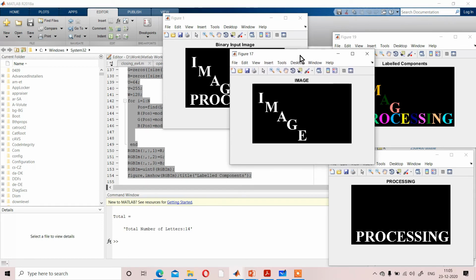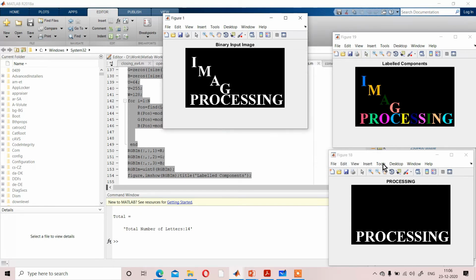You have to run the labels related to those letters at the same time, so that image will be shown as an output.